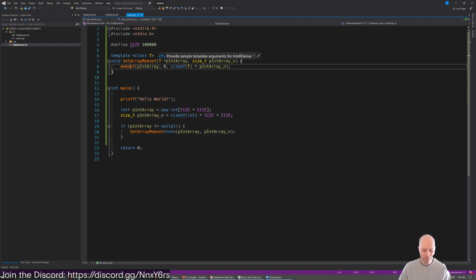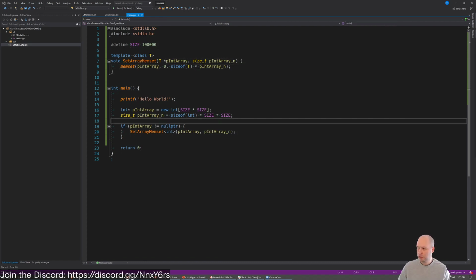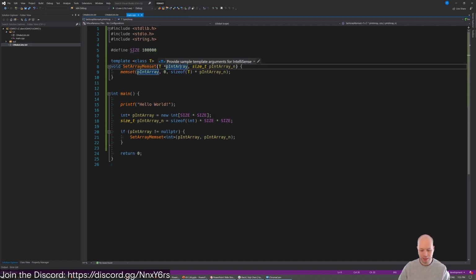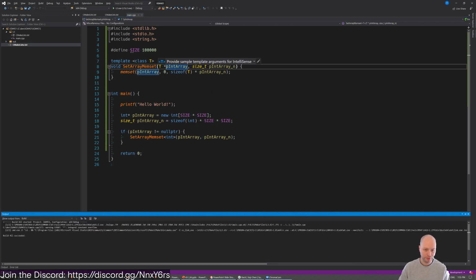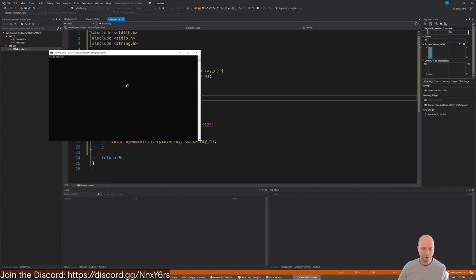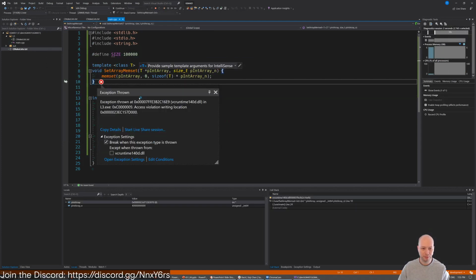Why? I always forget what to include here. One moment. Right, I always forget. For whatever reason, to get memset, you have to include string, because that makes sense. But yeah, great. So now all succeeded, and if we run hello world, we're now calling memset, and we just